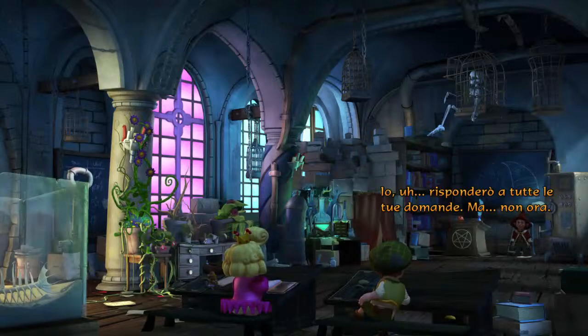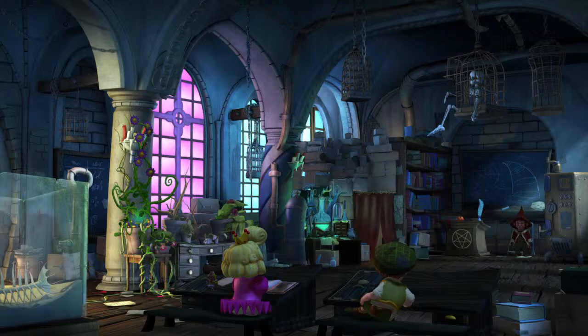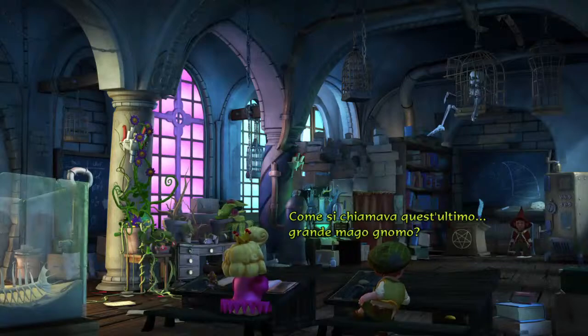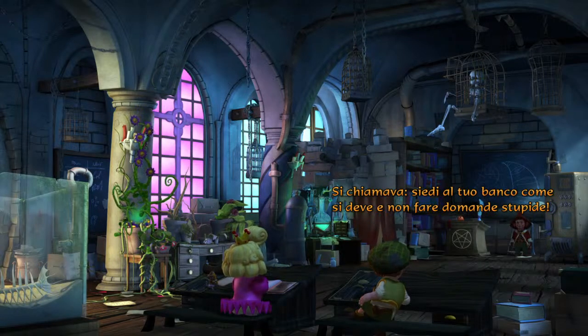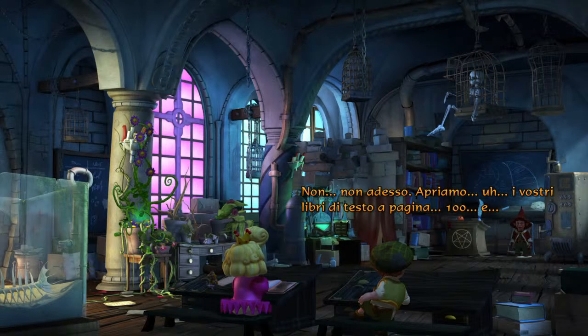I will answer all your questions, but not now. It's time for History of Magic. Then I have a history question. As everyone knows, gnomes are completely incompetent when it comes to magic. To be exact, only one great gnome mage has appeared in the last 800 years. He defeated Gremar, the last of the great dragons. What was the name of that last great gnome mage? He was called, sit down at your desk properly and don't ask stupid questions. But don't they say there are no stupid questions, only stupid answers? And that there aren't supposed to be any bad students, only bad teachers? Not right now. We will, open your textbooks to page 100 and...